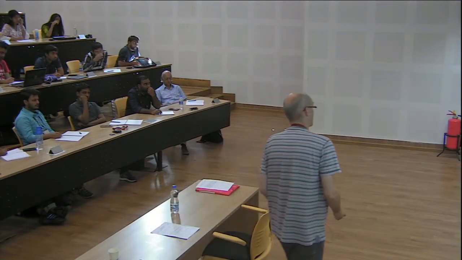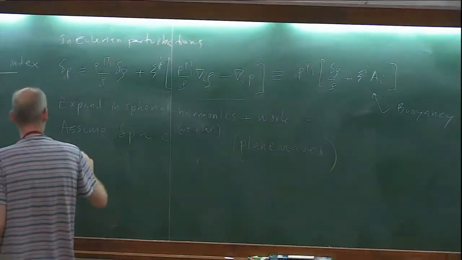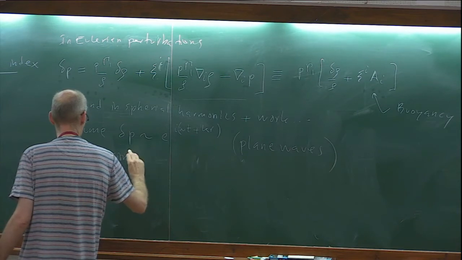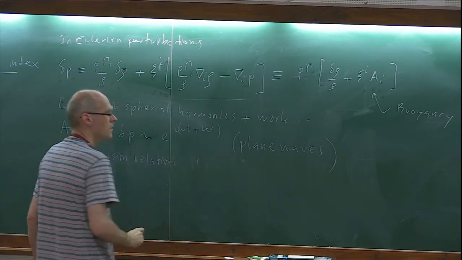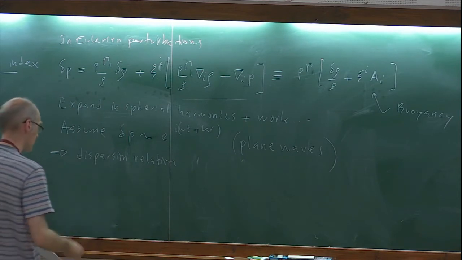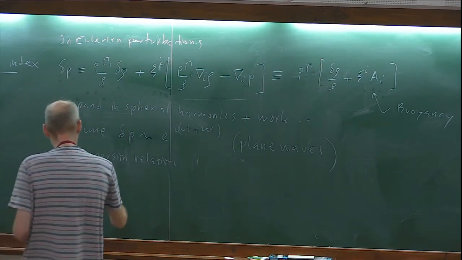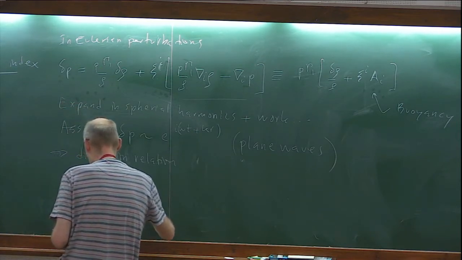And what happens at the end is, after the work, I get a dispersion relation that says that the wave number k squared is 1 over that c squared that I defined times omega squared,